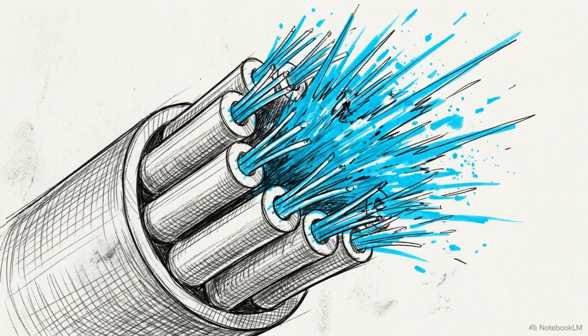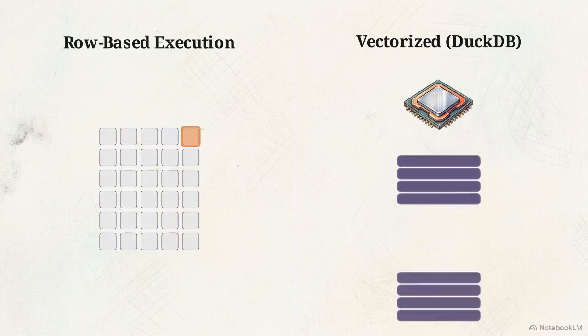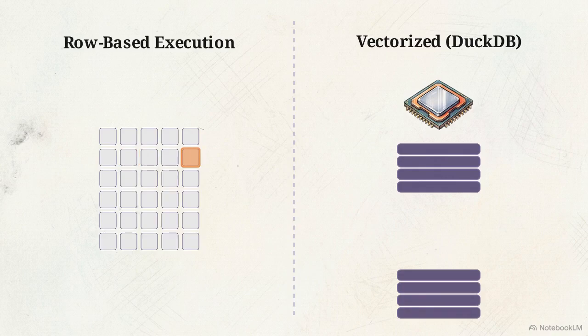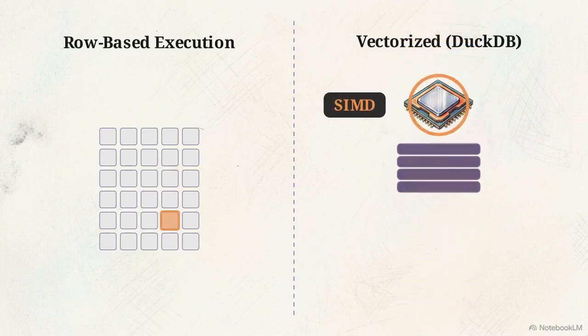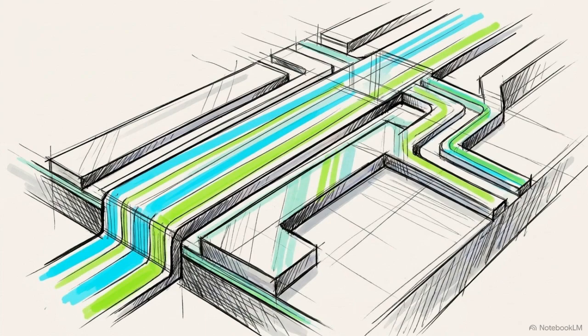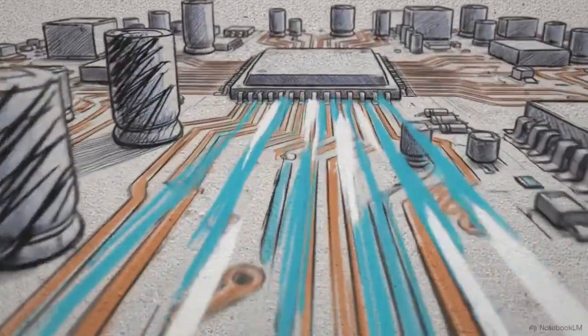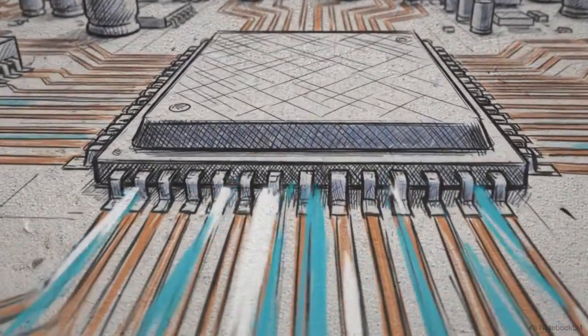Embedded accessibility is only half the battle. To be viable, the engine has to be fast, which it achieves through a vectorized execution model. This diagram illustrates the difference. On the left, a traditional model scans sequentially, row by row. On the right, DuckDB groups data into blocks, passing chunks through the CPU simultaneously. By chunking data, it leverages SIMD instructions, executing one mathematical operation across every data point simultaneously. This approach drastically reduces the total number of CPU cycles required per query compared to those older row-based iterators. By removing network latency entirely and maximizing physical CPU efficiency, DuckDB brings data analysis back to the bare metal of